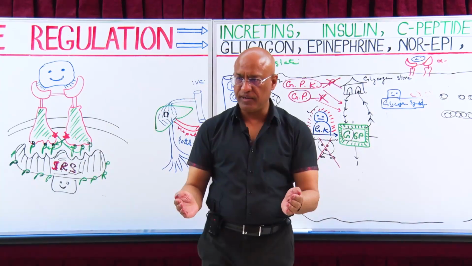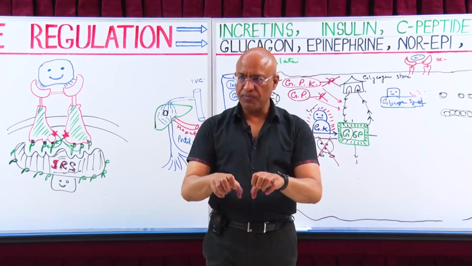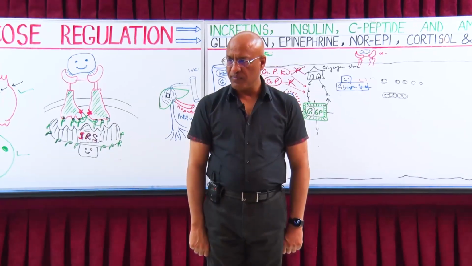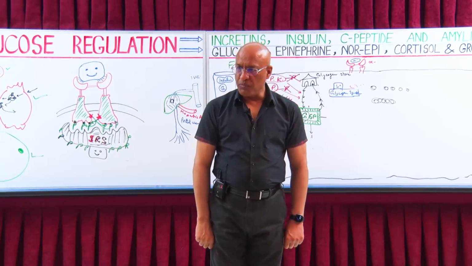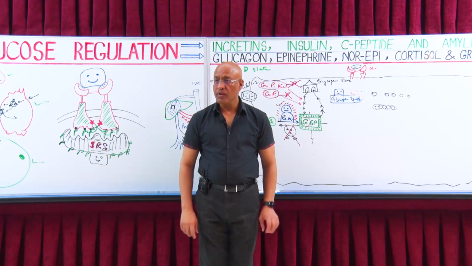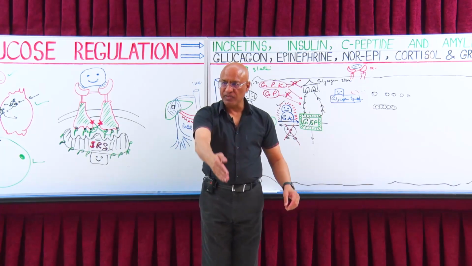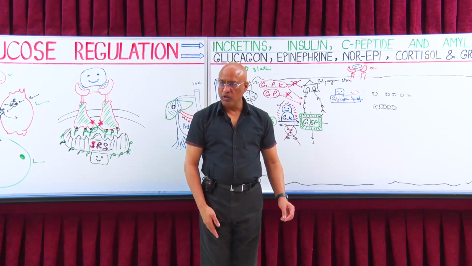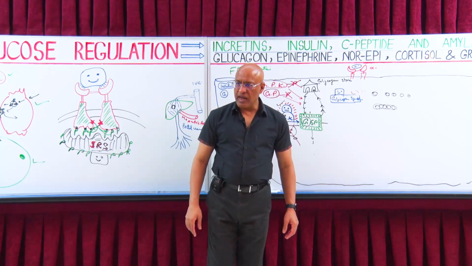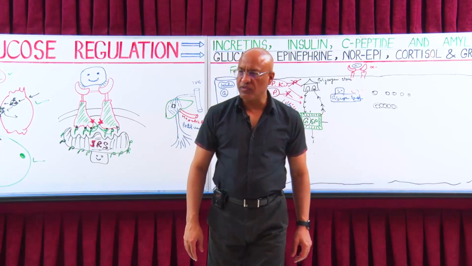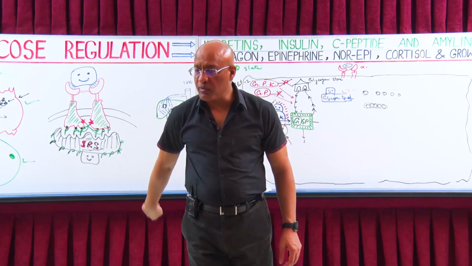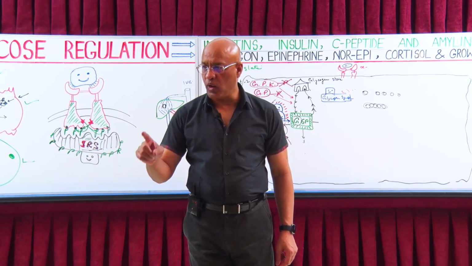First of all, you have to understand that, let's suppose I'm standing here, and I'm glucose 6-phosphate. If I move upward, I convert into glycogen, and the process is called glycogenesis. If glycogen is broken down, glucose 1-phosphate and 6-phosphate are released, and eventually glucose is released. The breakdown of glycogen is called glycogenolysis.